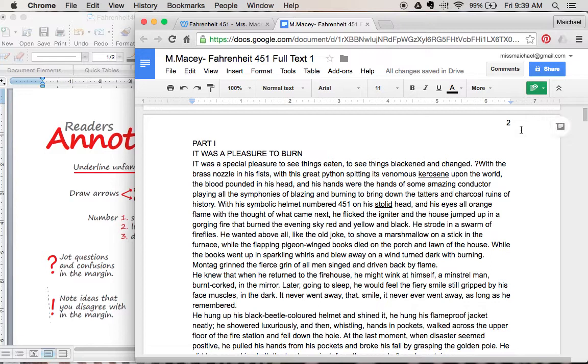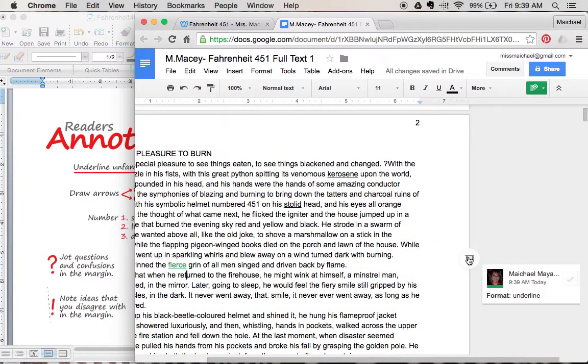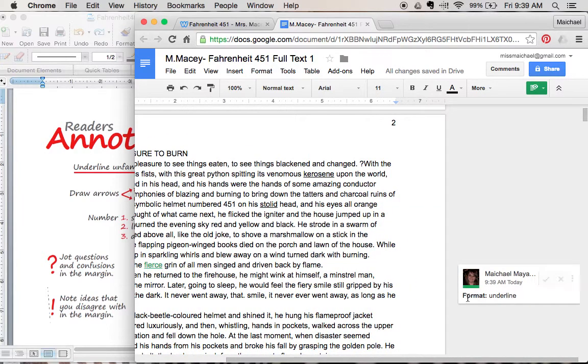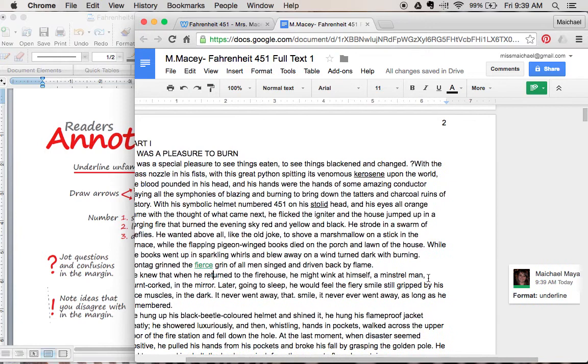Okay, and when you do that, all of the things that you do or change will pop up in green now, and they will leave a little message on the side letting you and me know that you've made some changes. So for example, if I don't really know what fierce is, I'd highlight it, underline, and now it's underlined in green, and on the side it says Michael Mayans did an underline. So it will tell me everything I do.